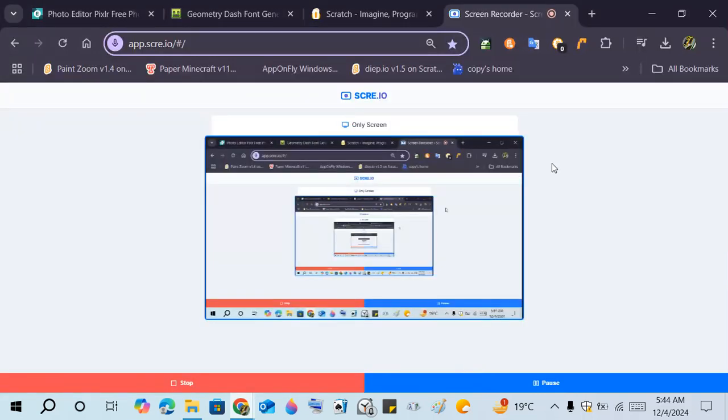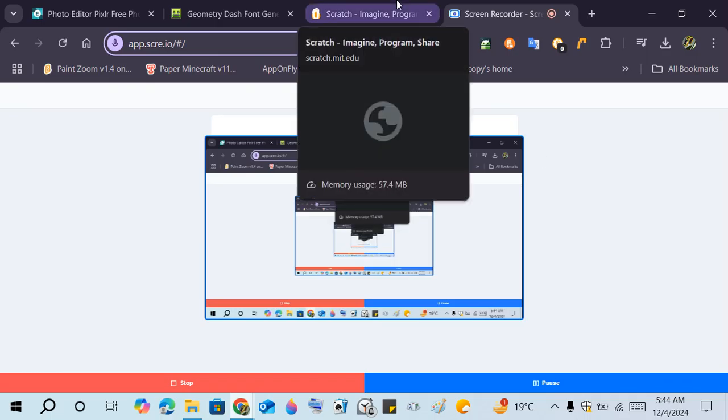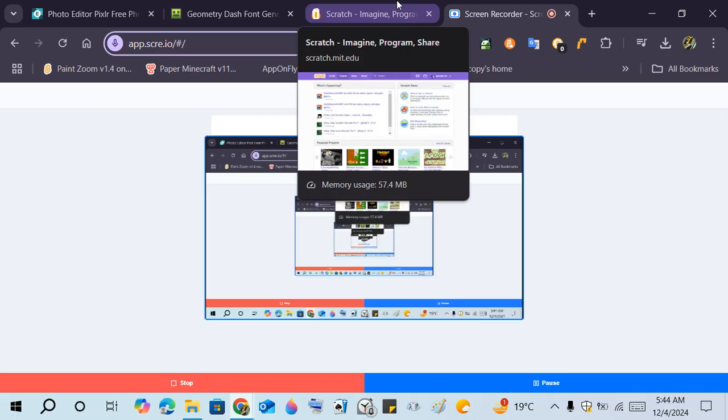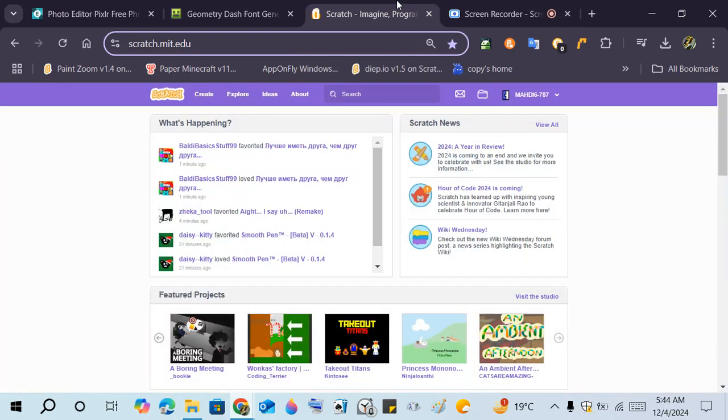How to make a jump to dash game in Scratch. And here's my brother Nadi. Hey! And me, Tahmid. If you're a beginner, here's how to